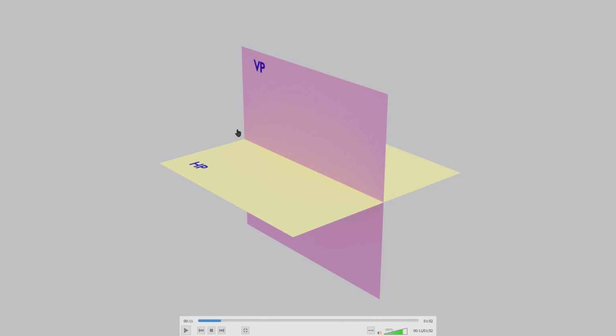For that, we keep an object in each quadrant. Let us say we take the example of the first quadrant. We keep an object in the first quadrant and get an image on the vertical plane and horizontal plane, and then we have to convert that image into a 2-dimensional drawing. Now this is a 3-dimensional drawing, right? So in order to convert that, we open the quadrant system. Now let us see how we open it.